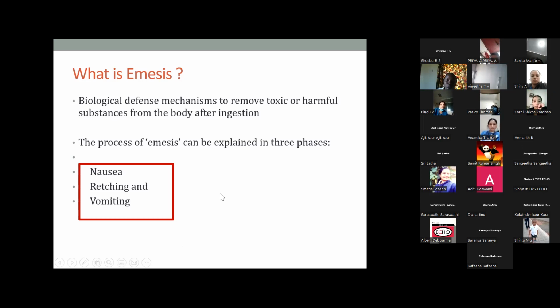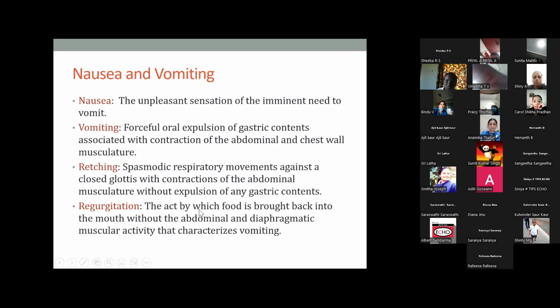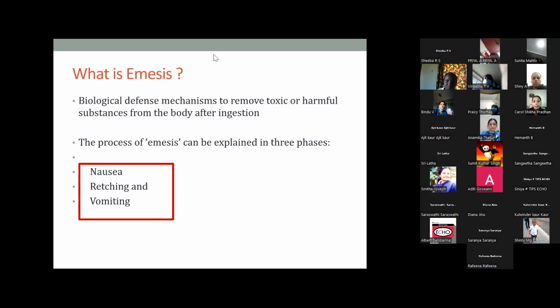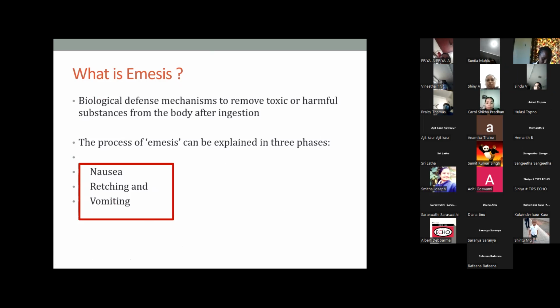I don't see any answers. So basically, in vomiting the products are expelled out, whereas nausea is more of a feeling. Yes, Ms. Priya says that nausea is the tendency to vomit. So do Ms. Sankita, Ms. Anupama and Ms. Anamika. All of them say that nausea is a feeling, vomiting is expelling out. Yes. So what about retching?